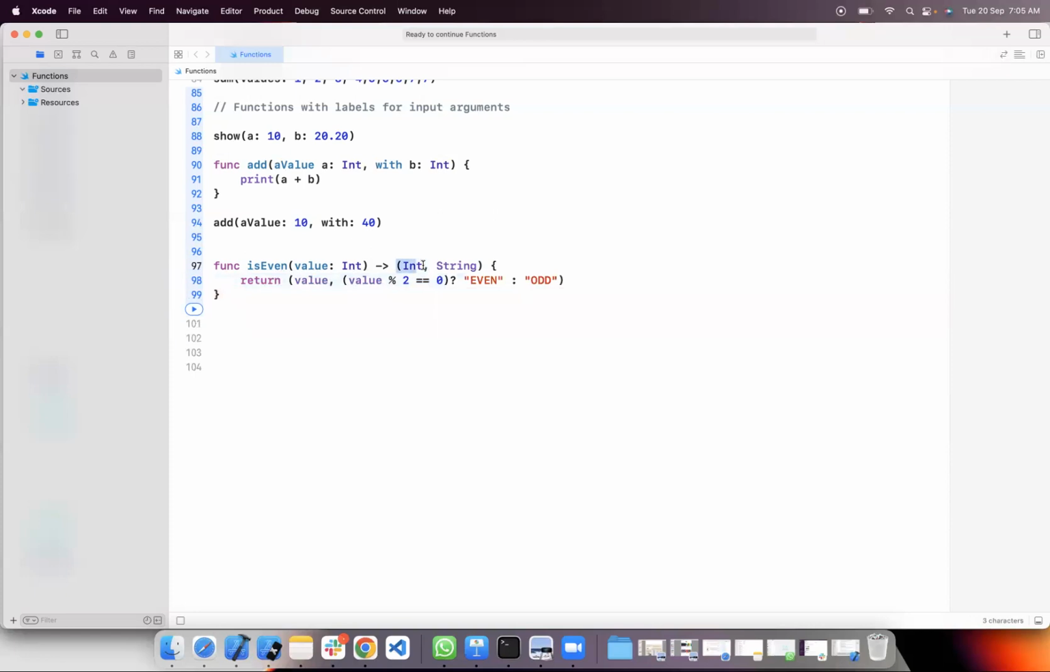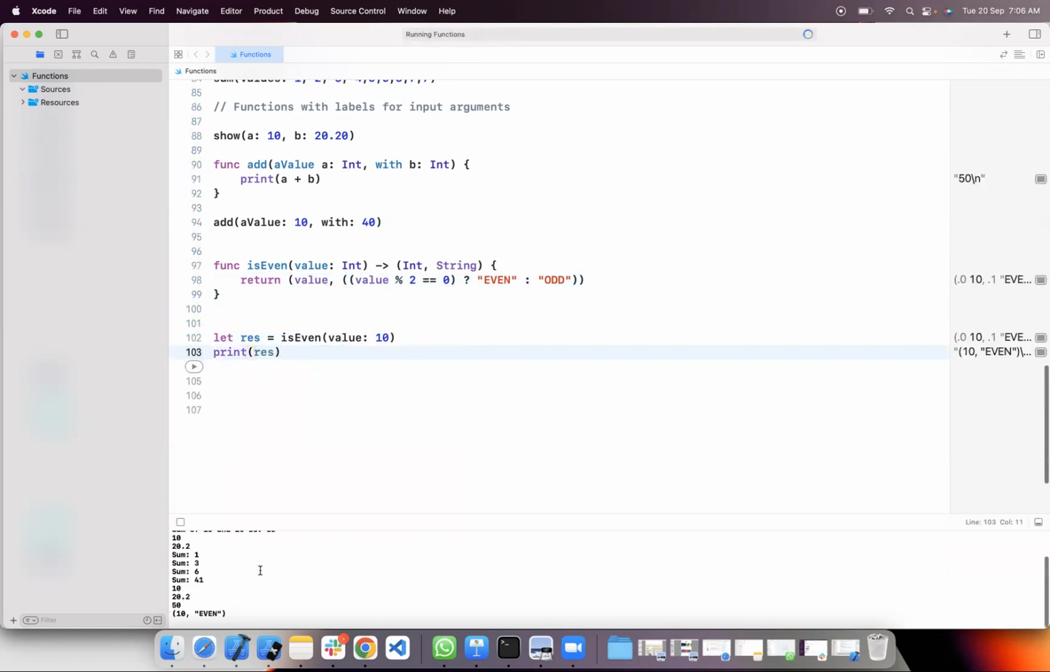Clear? We are expecting two return values. So here we are passing two values. One is the same value I am passing, and the other, after the question mark, is even or odd. How to call this method? Let result equal isEven, passing 10. See what happens. It prints 10 and even. Two values we have got. If I pass 11 or 121,